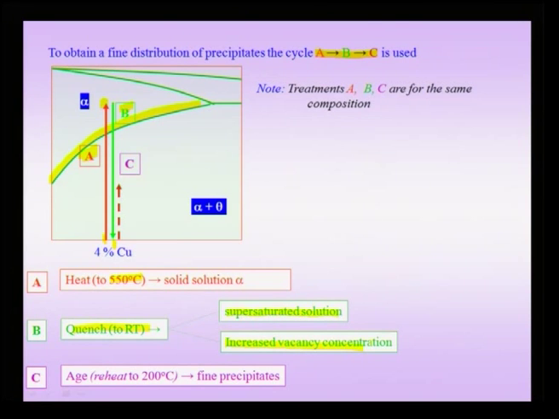In step C, what we do is reheat the material to a certain low temperature, and we will see why this temperature, 200 degrees Celsius, comes up in the coming slides. This temperature is definitely much lower than the original solutionizing treatment. So, we have the solutionizing treatment first, then the quenching treatment, and finally a process known